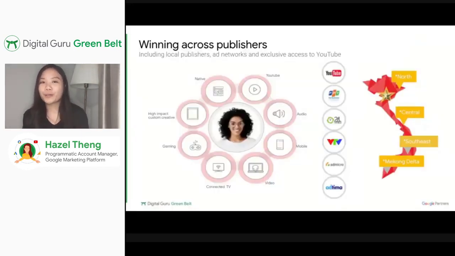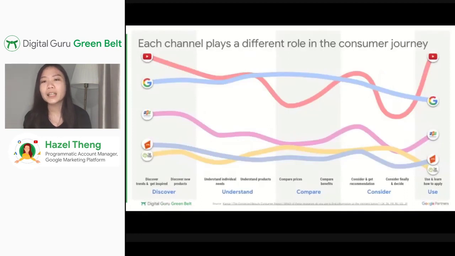As mentioned before, during the start of this session, DV360 allows you to access multiple publishers and channels across various formats, enabling advertisers to scale across the market to reach the right users at the right time with the right formats. Traditionally, a lot of advertisers have been trying to reach these users across multiple different buys in a fragmented manner, either buying directly with different publishers all at one go, or across multiple platforms. So they try to reach users with different platforms as well as channels.